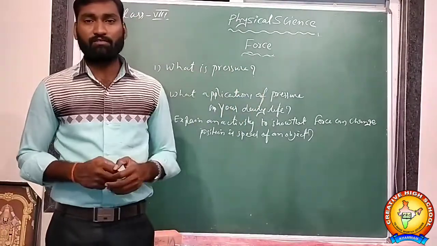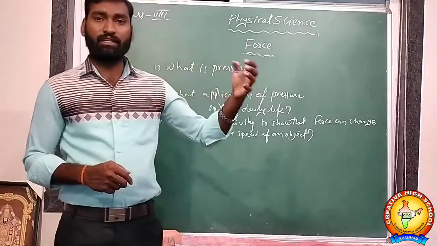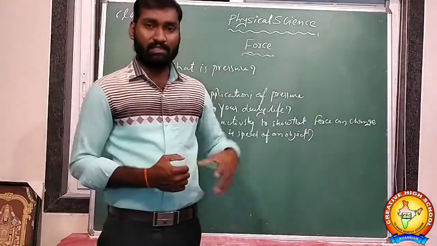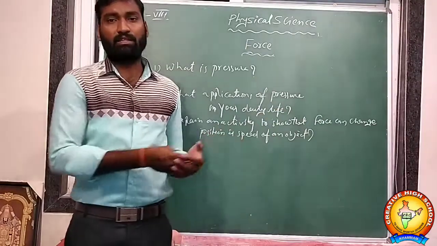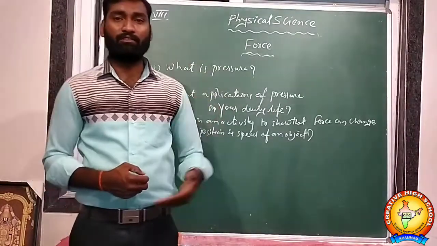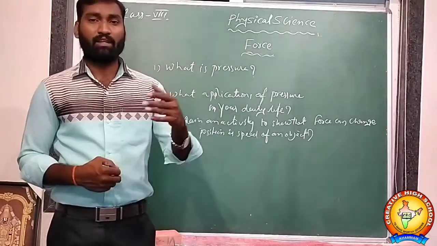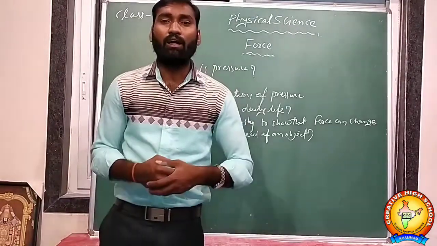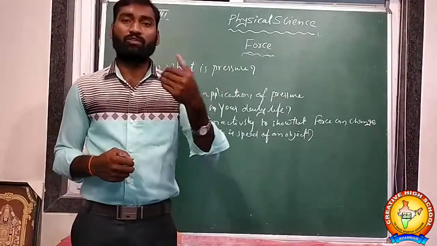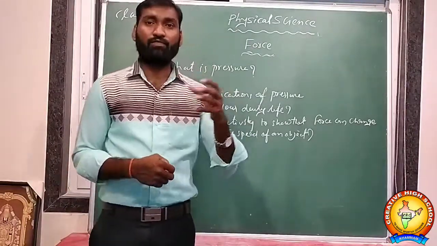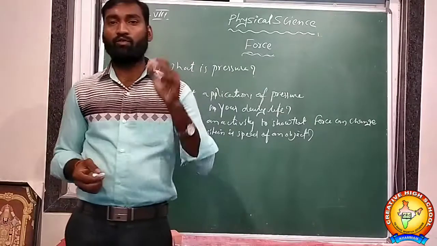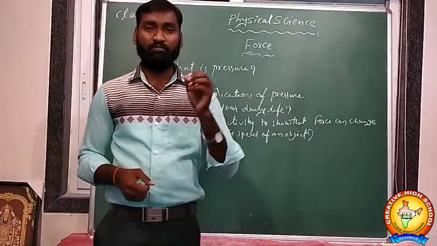Muscular force is the force applied on an object with direct physical contact, by our muscles. The force applied on a body by our muscles is called muscular force. We have so many applications of muscular force in daily life. Next, frictional force: the force acting on a body in the direction opposite to its motion. The force which opposes the motion of the body is called frictional force. Without friction we can't do any work in our daily life. We can't hold an object, we can't run, and vehicles can't move on the road. These are all not possible without friction.